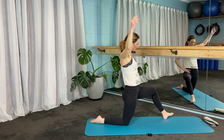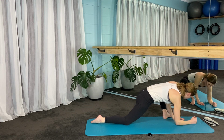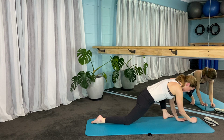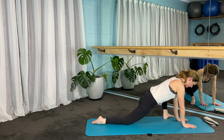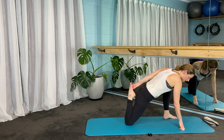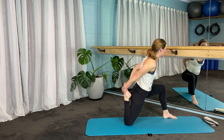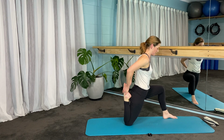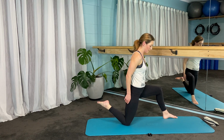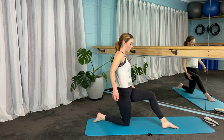And then turn that foot out, come down onto the hands or onto the elbows if you're feeling like you want a little bit of extension there. Good. And you can reach and grab that foot behind, take it into a quad stretch. And then for the pigeon, we just bring the leg across the mat,